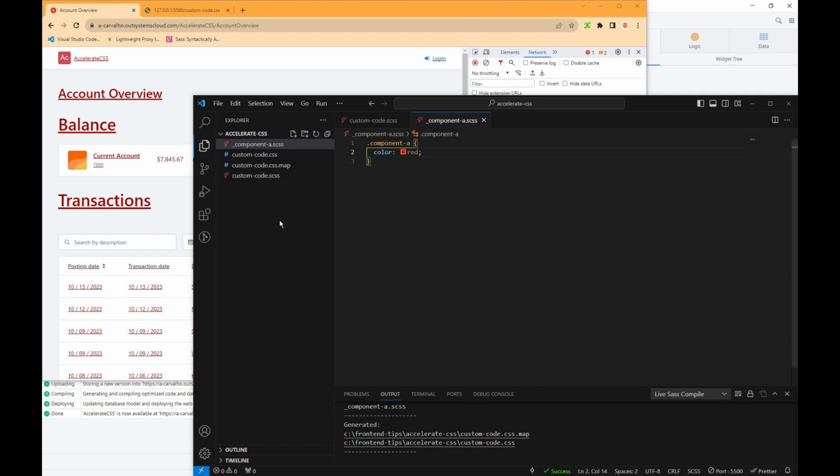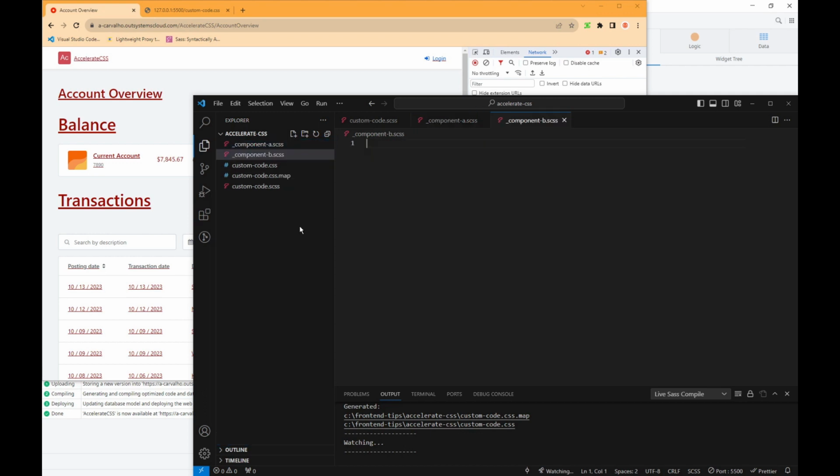Okay, and then you have component B. Font size, I don't know, 3em. Okay, so we have two files. Those are smaller files like components, widgets. These are not being compiled into CSS because they start with an underscore. But I can